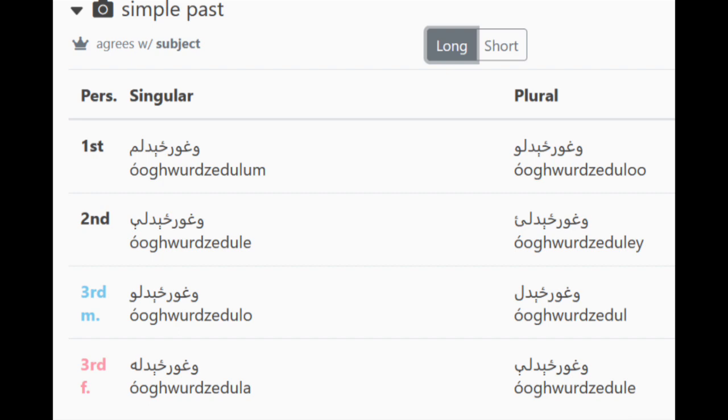So it's very different. Different people use it differently, but the dictionary also has the long form as well as the short form. So the long form changes from ugorzidam to ugorzidalam, ugorzide to ugorzidale.